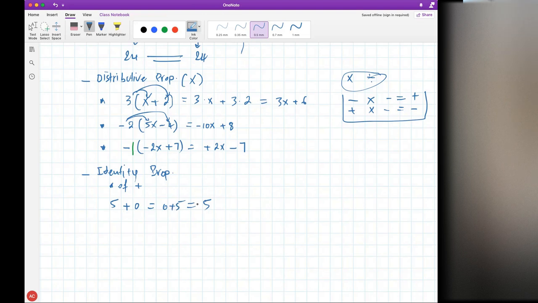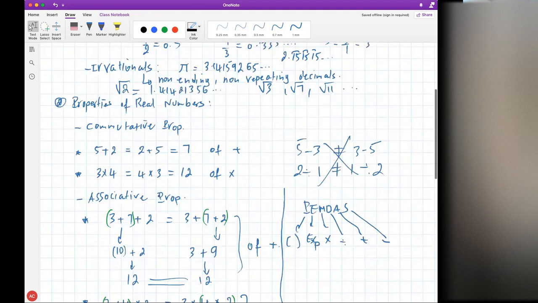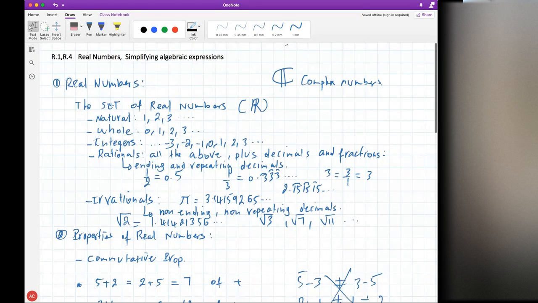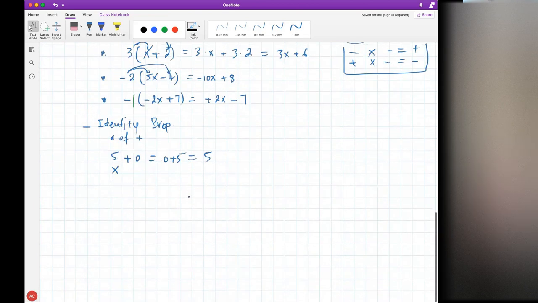Okay, so this does not change. Adding 0 to anything does not change the value of that thing. In general, for any real number x, when we say any real number x, we mean any number from these. We'll see x a lot. Let x be a real number. That means it could be any of these types of numbers that we discussed earlier. So if you take any real number x